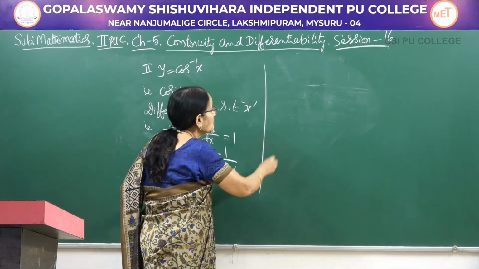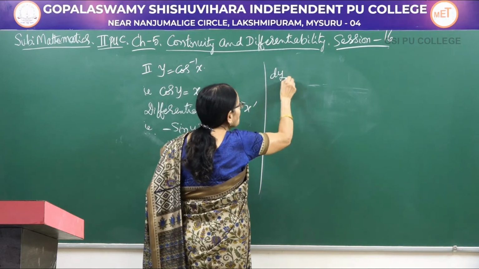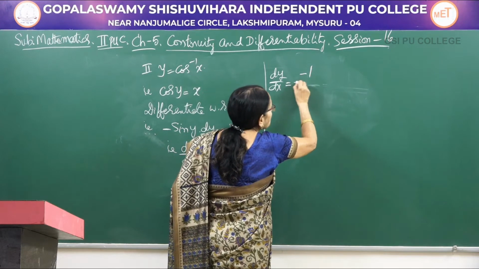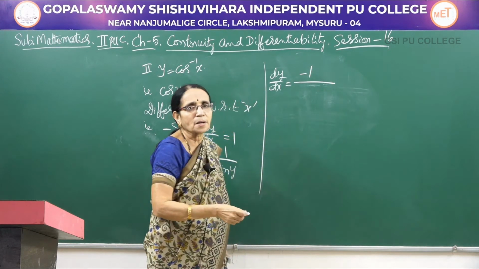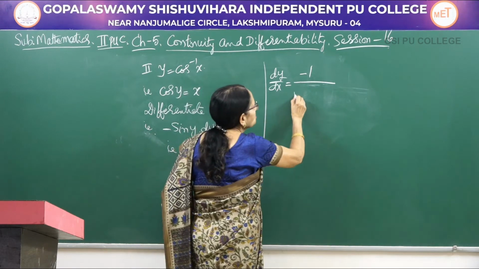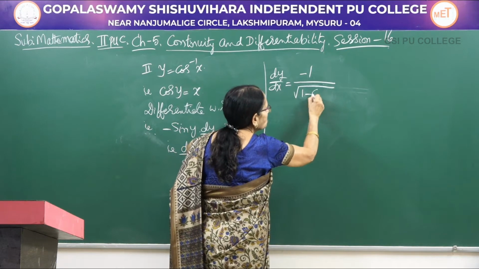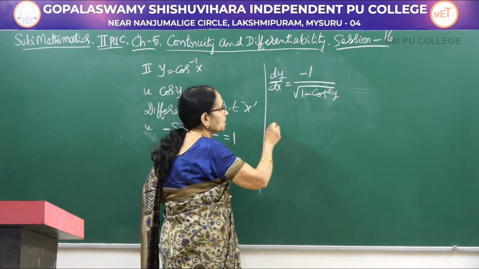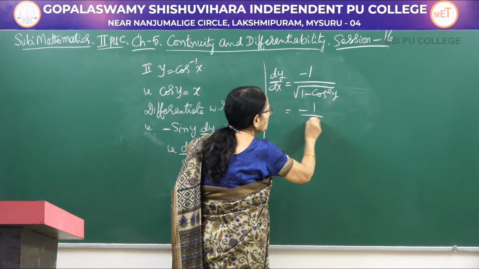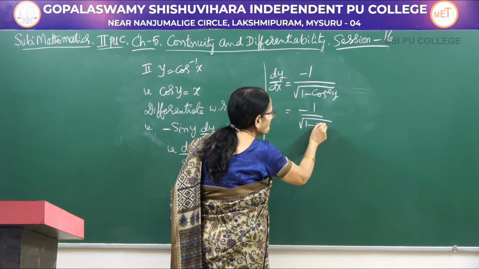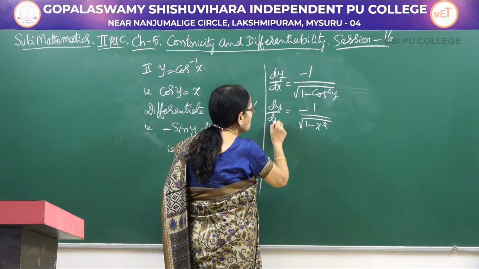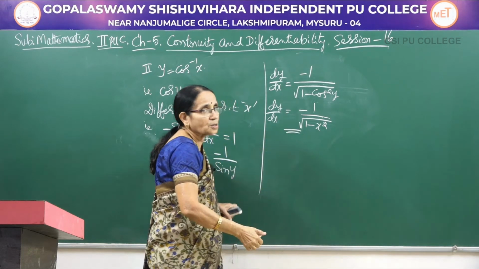Again we write this sin y in terms of cos y, using again the first identity of trigonometry. Sin y could be written as square root of 1 minus cos square y. And what is cos y? It is equal to x. Hence we have minus 1 over root of 1 minus x square. So this is the formula for cos inverse x.